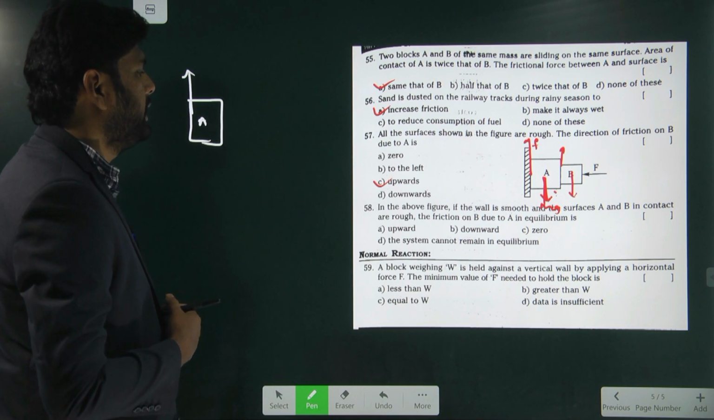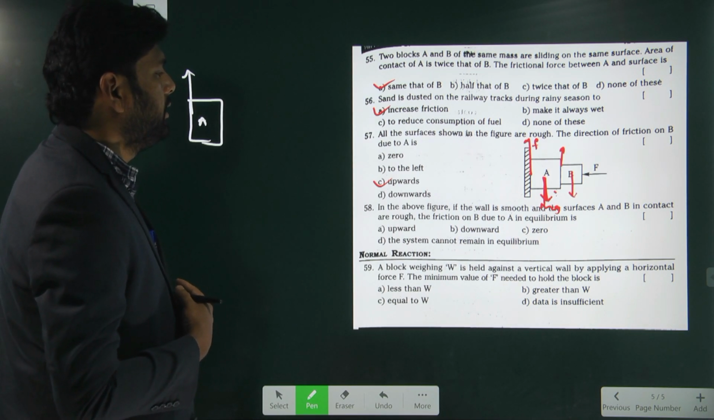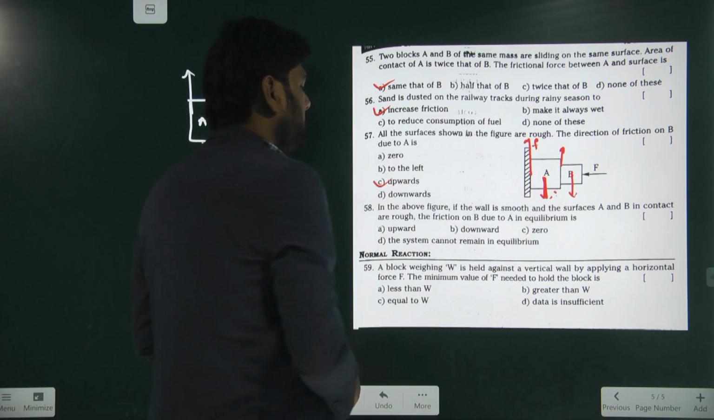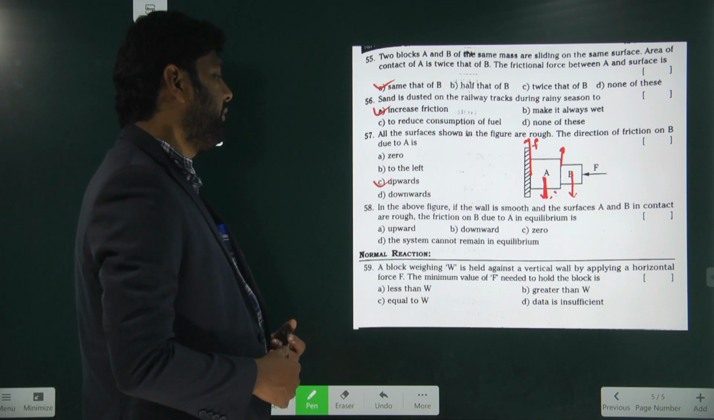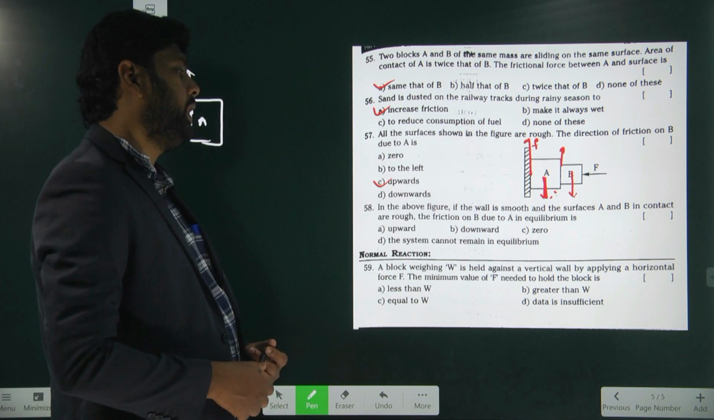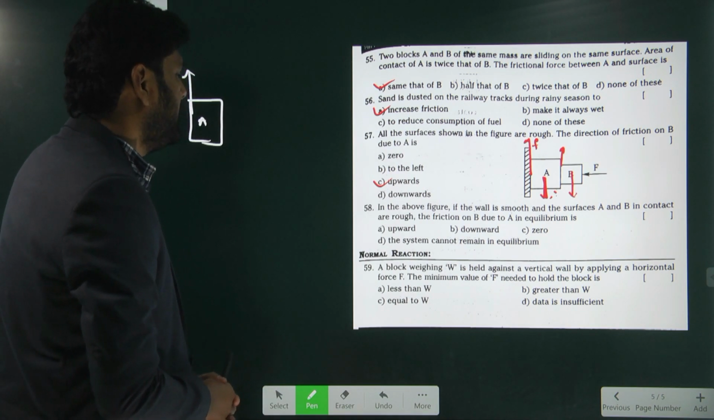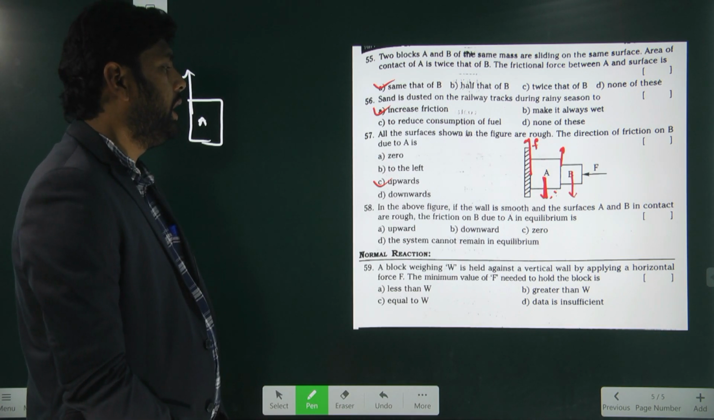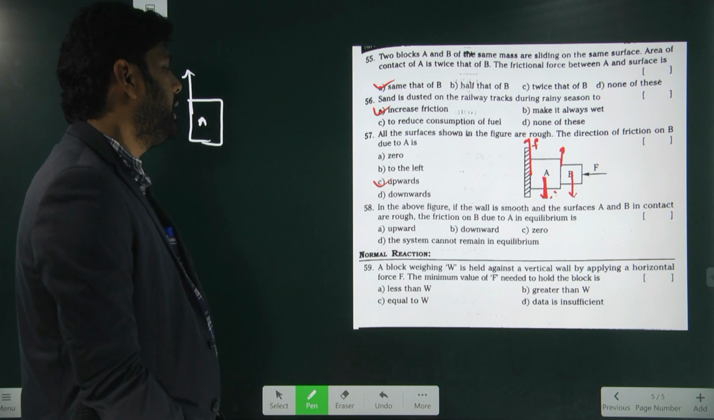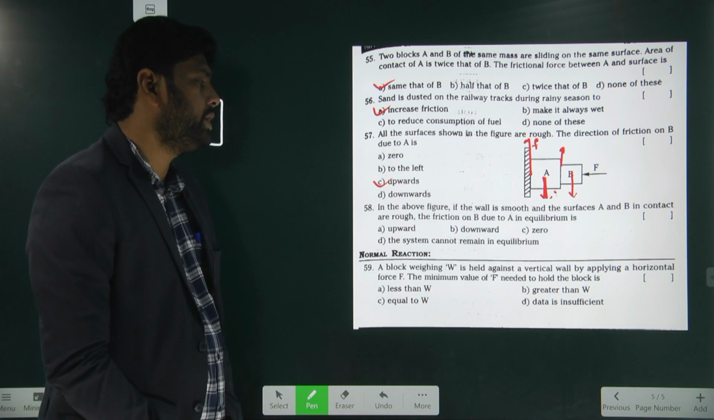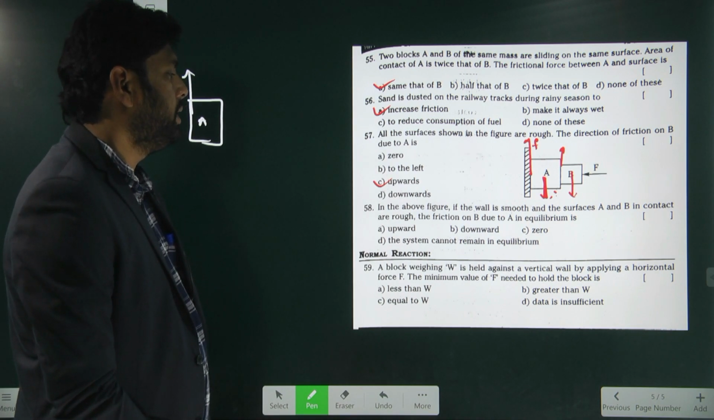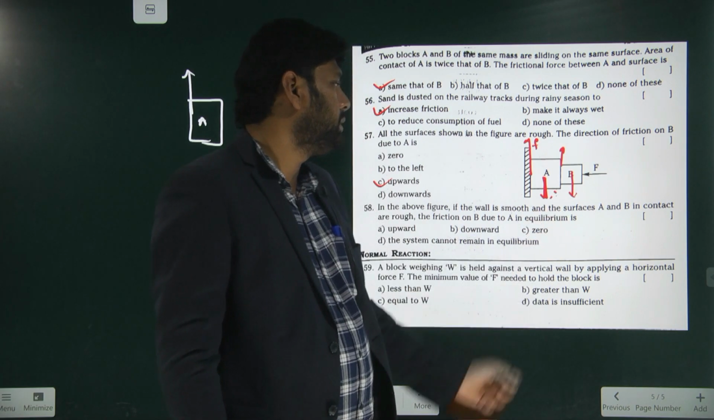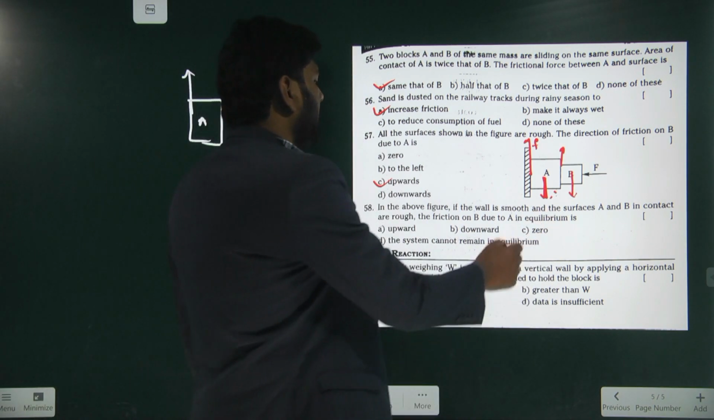Okay. Next, in the above figure, if the wall is smooth and the surfaces A and B in contact are rough, the friction on B due to A in equilibrium is? So both are moving together. When both are moving together, what will happen? It will be 0,